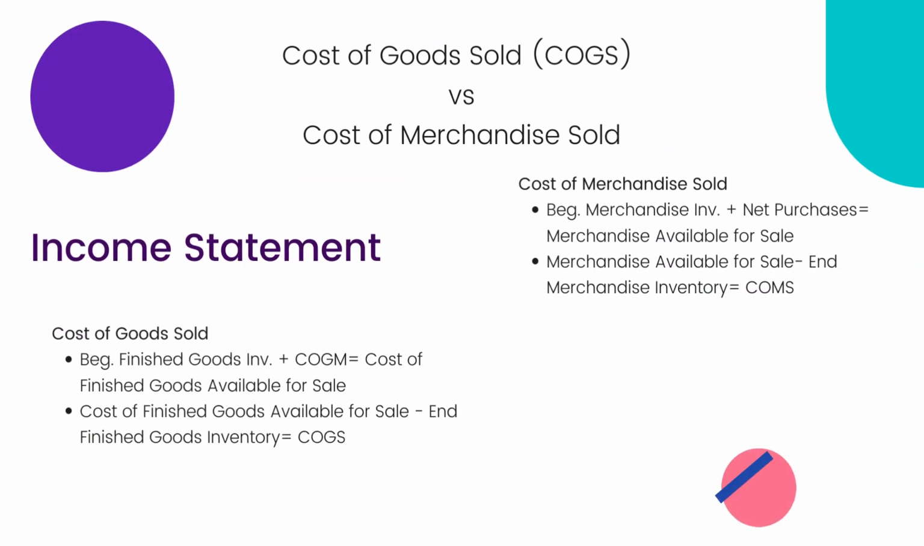Now let's look at your income statement. All right, your income statement, the major difference is your cost of goods sold versus your cost of merchandise sold. So on your income statement, your merchandise company is going to have accounts that are worked out, or formulas that are worked out as such. So you have your merchandise inventory plus your purchases, which will give you the merchandise that you have available for